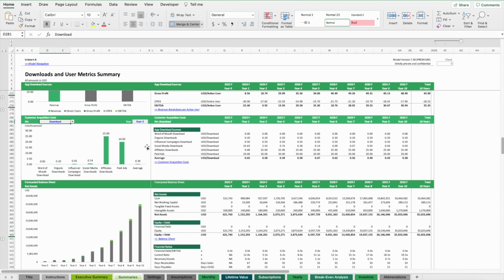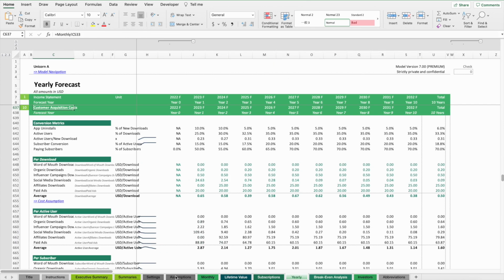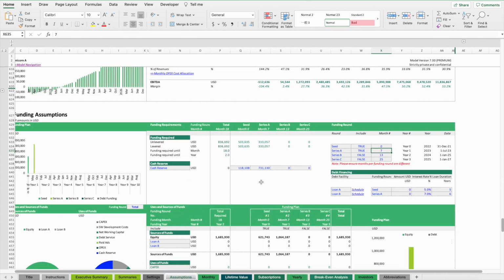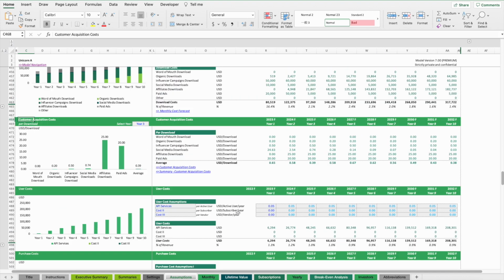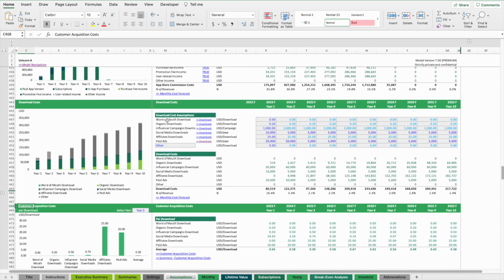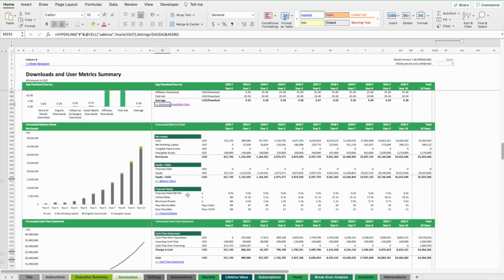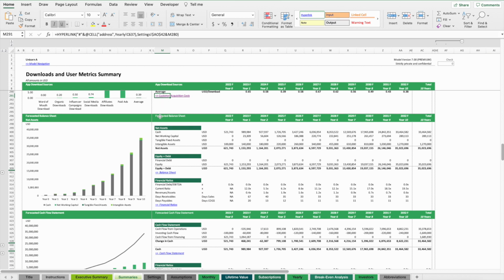And we can then also see how these customer acquisition costs are going to develop. And this basically relies on our assumptions here. If we go to the customer acquisition costs assumptions, it is mostly these assumptions here. So if you change the cost to get a download, this will impact the cost to acquire a new user. We also can have a look at how the balance sheet will look, financial ratios,